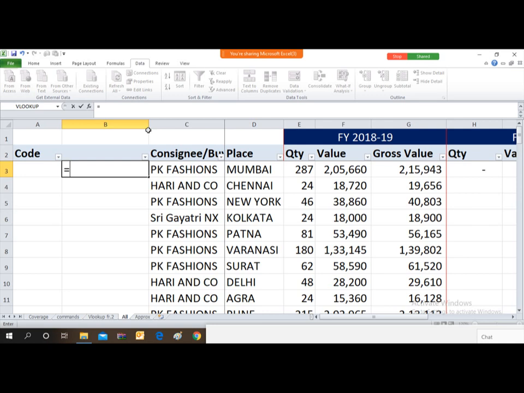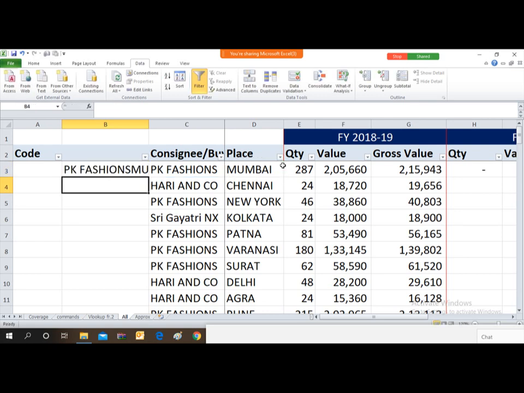Then I'll click on the party name, that is C3, and after C3 you just type &. After the &, I will select the next cell, that is place. So what I have done: party name and place.